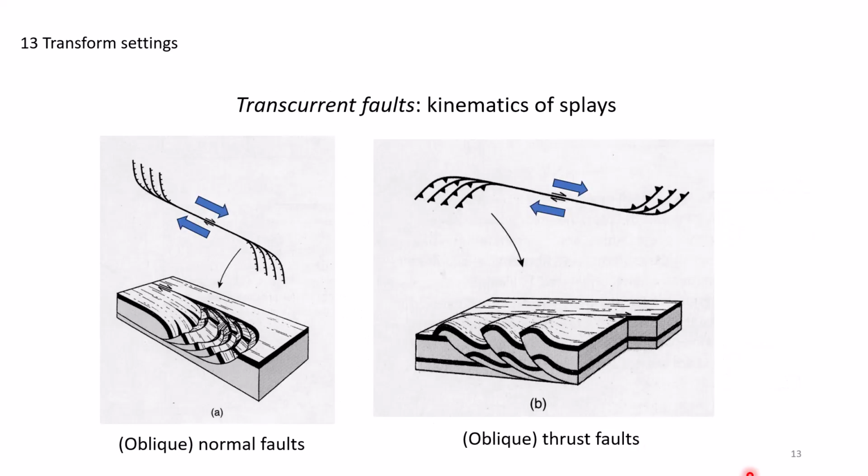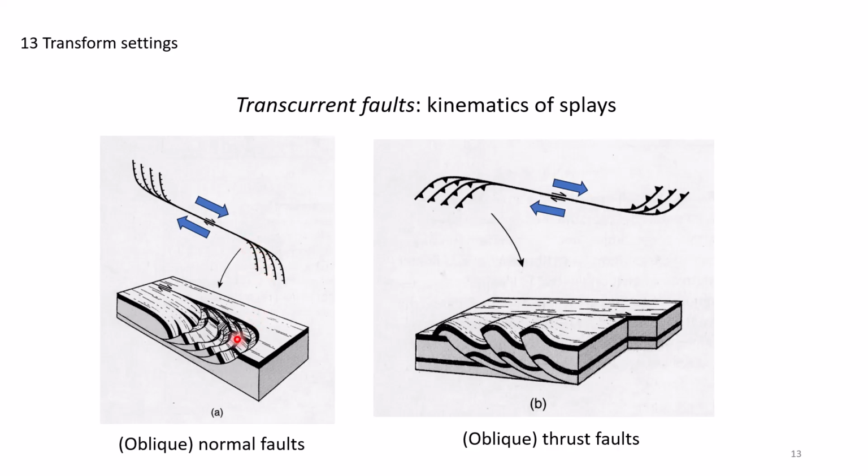Other than transform faults that have a specific beginning and a specific end, normally two neighboring mid-oceanic ridge segments, or a mid-oceanic ridge segment and another type of plate boundary or a subduction zone, transcurrent faults that we observe in the continental crust often have a kind of diffuse ending, and very often they form splays. Splays are secondary faults that form at the lateral end of strike-slip faults, and they often form